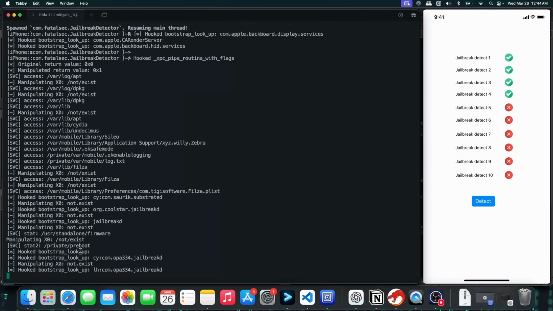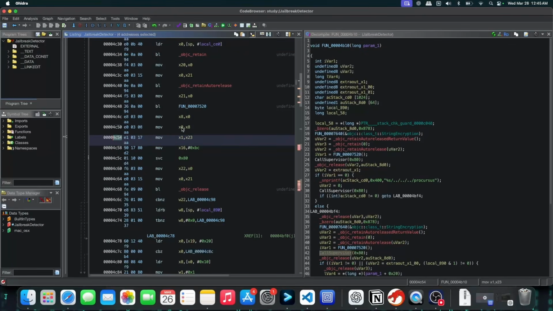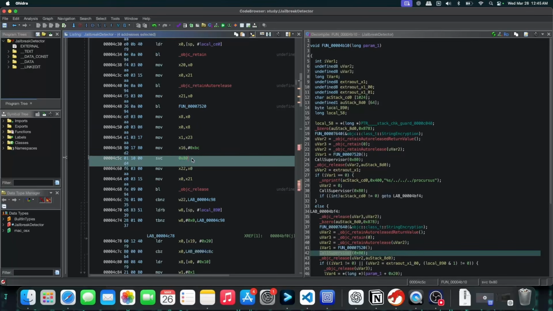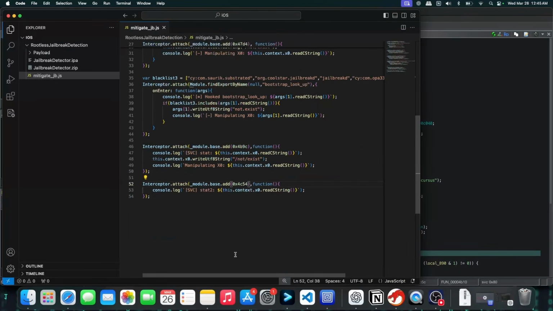So in the log this time, after the first stat function call, it's calling the stat2 function where it's trying to access the /private/preboot directory. So if we just modify this argument, which is stored in the x0 register before this svc instruction gets executed, we can work around this detection. So let's just try to do that. We already have our hook present, so over here we can simply